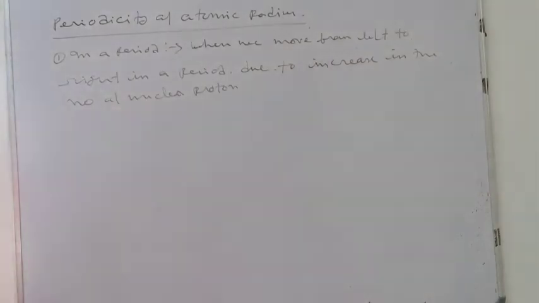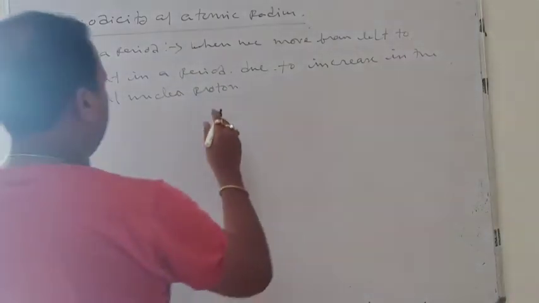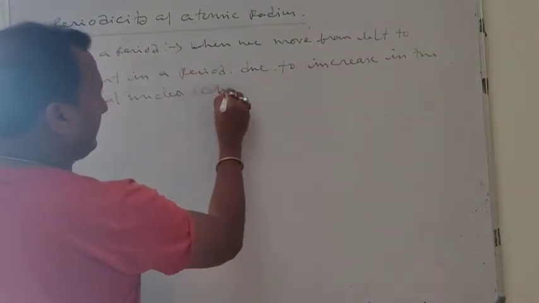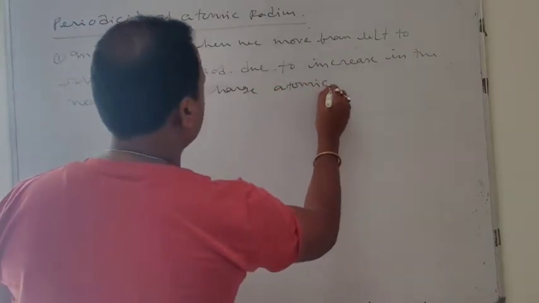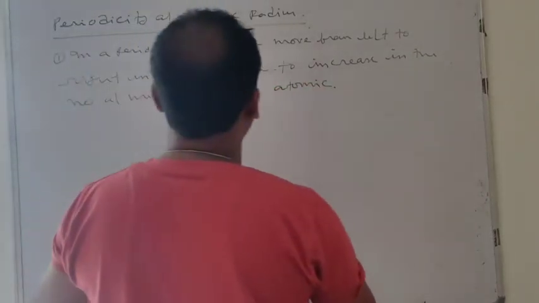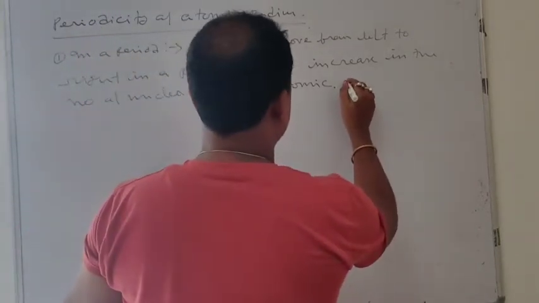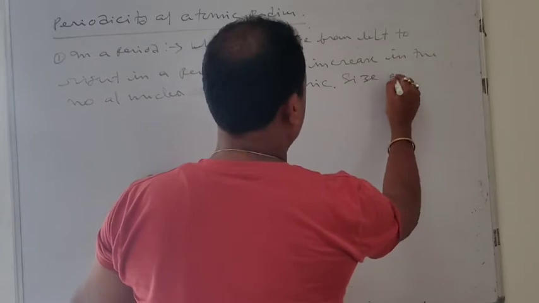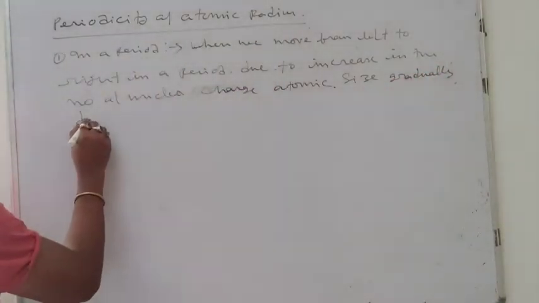So, in a period when we move from left to right, due to increase in the number of nuclear charges, atomic size, atomic radius gradually decreases,